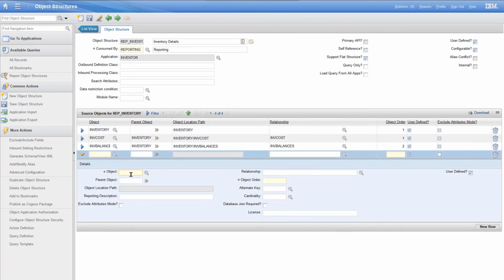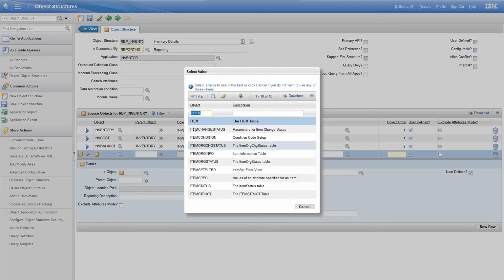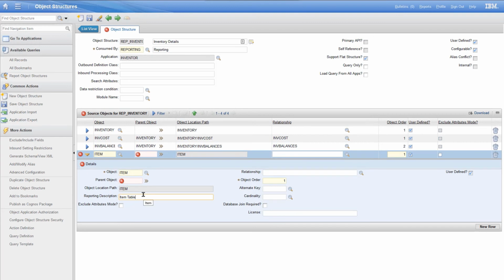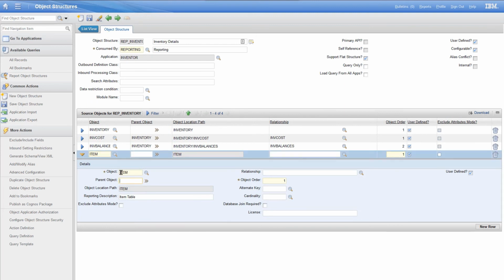item. Yes, rookies. And this is going to be item. Oops. You'll actually see where this shows up later. Actually, I'll make item table. And parent object I didn't like. Yeah. All right. So